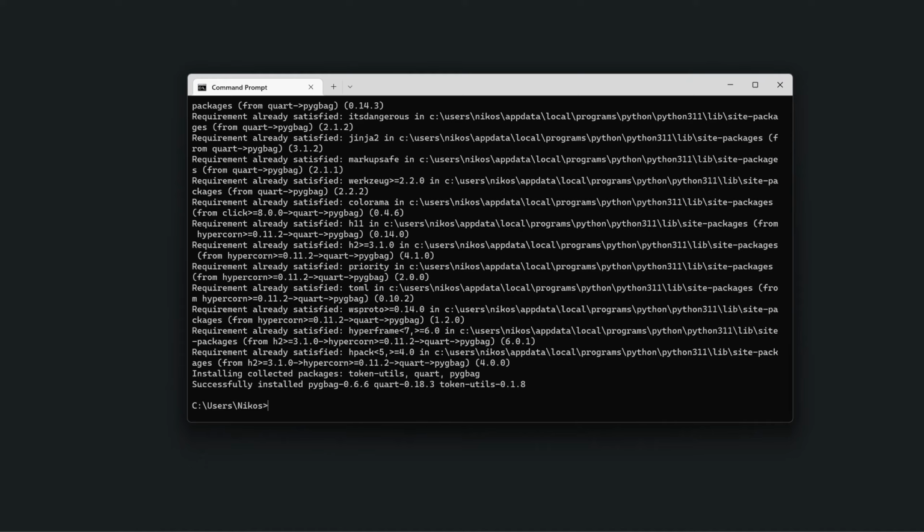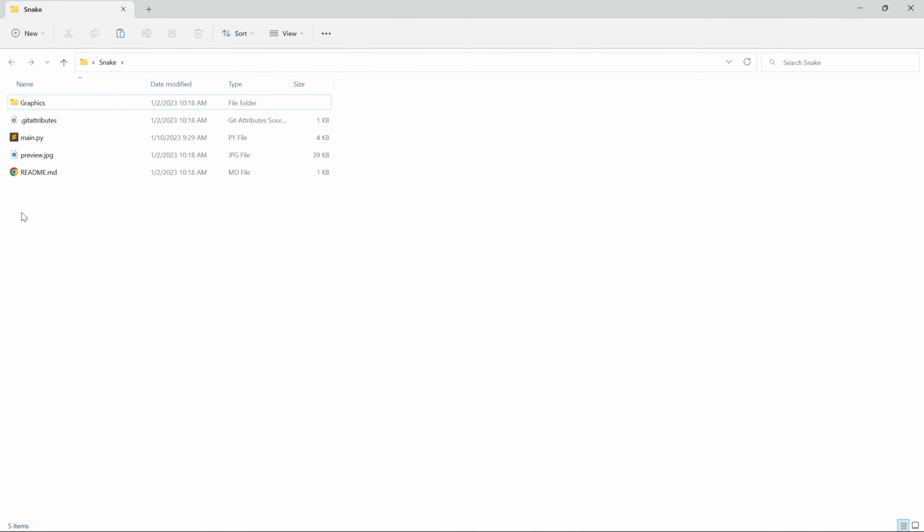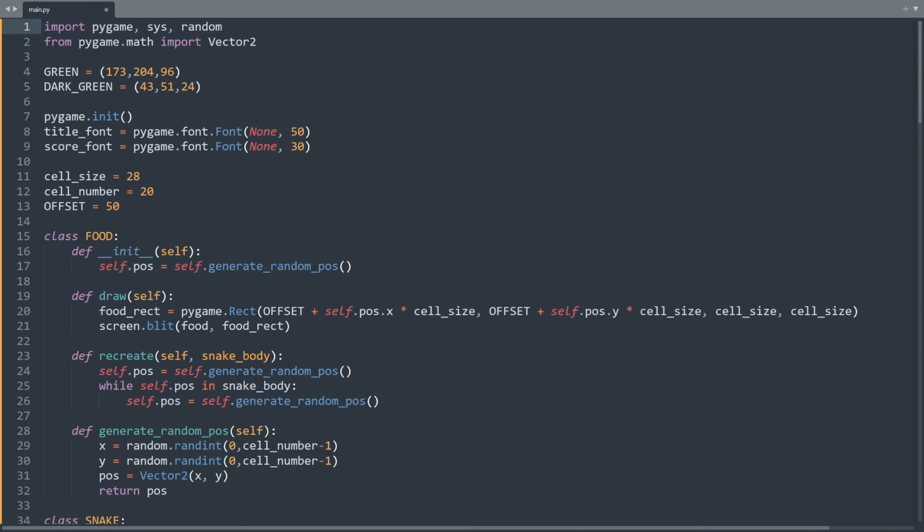We are just a command away from converting our game to WebAssembly. But before that, we need to make some changes to the code. First of all, the main code file where our code starts executing must be named main.py. My project is small, so it only contains one code file, which I have named main.py. Now, inside the code, we have to import the asyncio module.